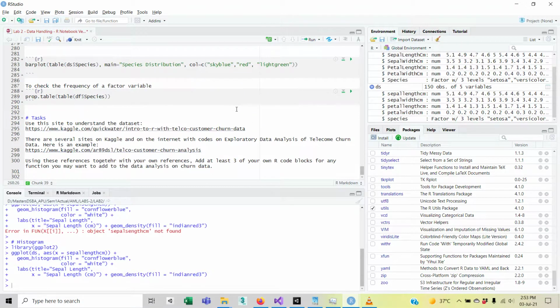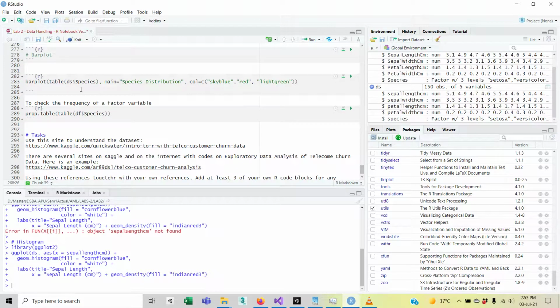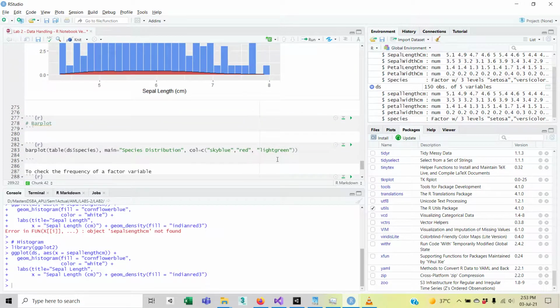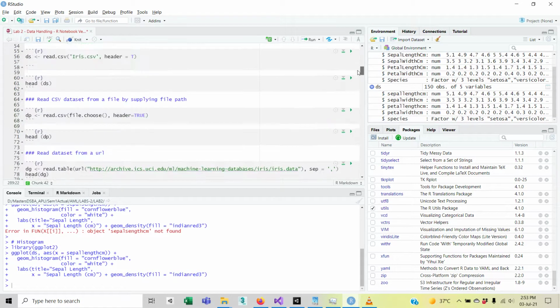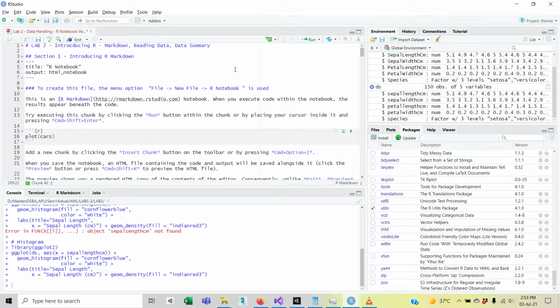And here as well, like ds dollar species, you see species is small, right? So this needs to be small s, this needs to be small s, otherwise you'll get errors. But yeah, that's all things you need to make sure are right. Now the other issues that could possibly be are,